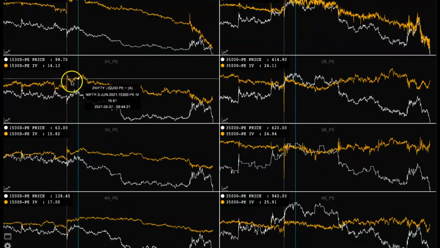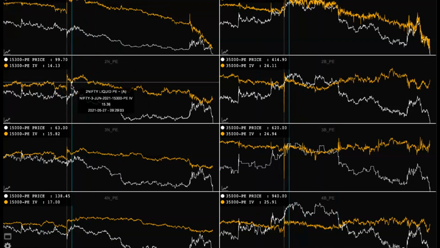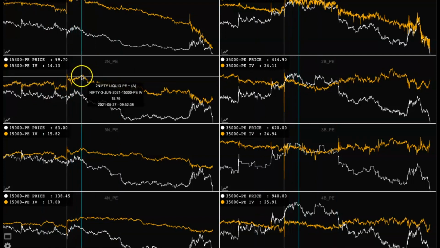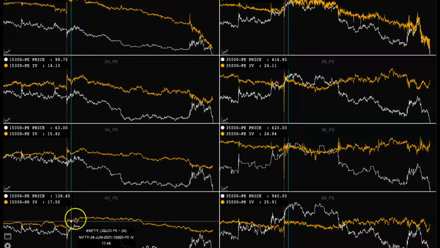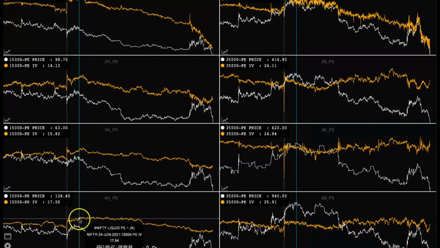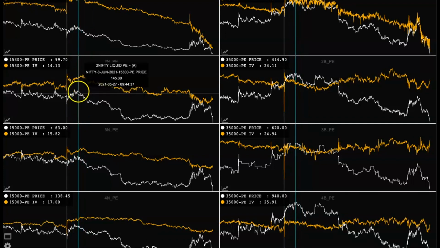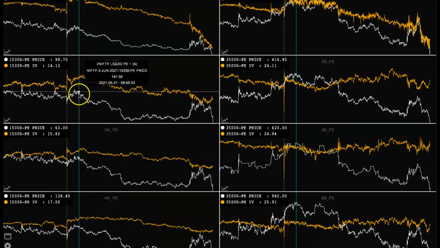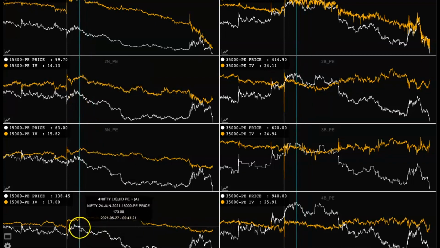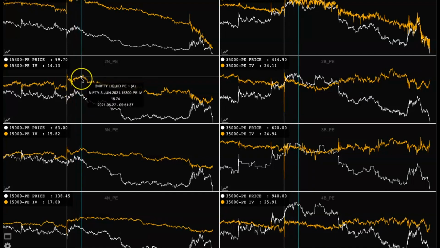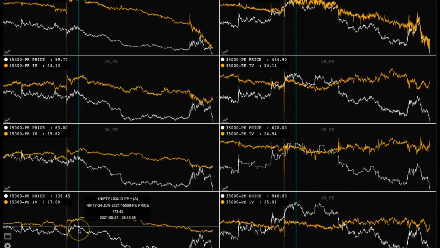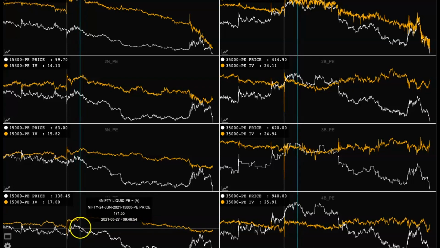Here if you look at this chart, in the 3rd June contract, that is the weekly contract, the IV has spiked in this put option. Whereas if you look at this monthly expiry, the IV has not increased much. So here the option has been overbought. So we need to sell this option. It is around 147 rupees here. So we are going to sell this put option and we are going to buy this put option, 15,000 PE, 24th June contract, at 172. So basically we sold the overbought contract and bought the not oversold but flat contract.